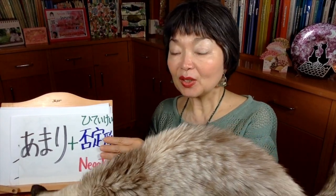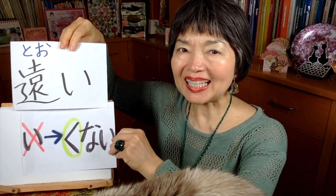あまり, not so much. So I must use the negative form. 遠い means far away. Far, 遠い. Then I must say the negative form. So 遠くない. This is the negative form. Not far. 遠くない。あまり遠くないです。Not so far away. 私の家から駅まであまり遠くないです。